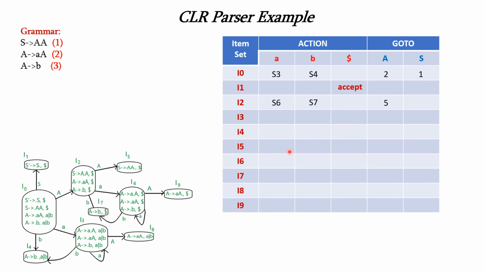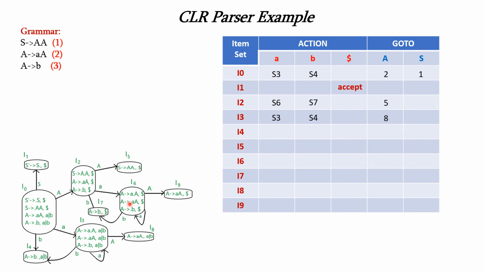Next we have to consider I3. I3 on capital A is I8, so it is 8. Then I3 on small a is I3 itself, so it is S3, and I3 on small b is I4, so it is S4. Next, if we consider I4, we don't have any outgoing edges, so consider I5, also not having any outgoing edges,